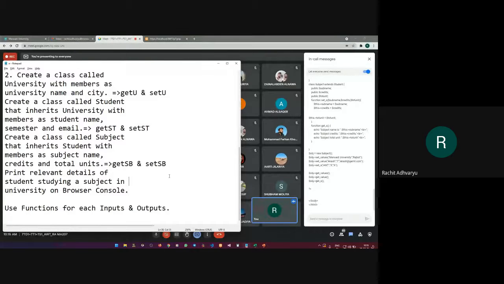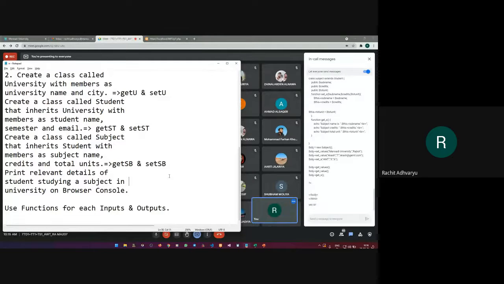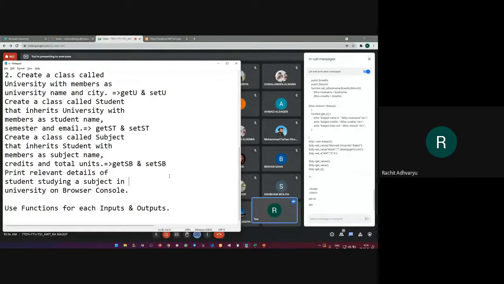Okay, right. So, have you executed this particular program on your laptop? Okay, you are getting the relevant output, that is, details of a student studying in a particular university for a particular subject. Very good, fine. Right, so I got one answer.